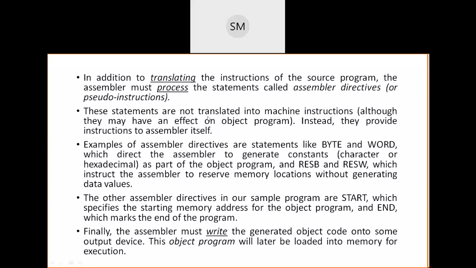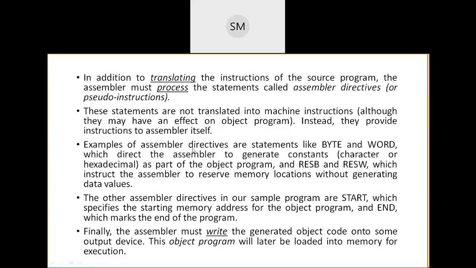These statements are not translated into machine instructions, even though they have an effect on our object program. Instead, they give some directions and guidelines to the assembler itself. Because of that, they are called assembler directives. They are guiding and helping the assembler to generate the object program.